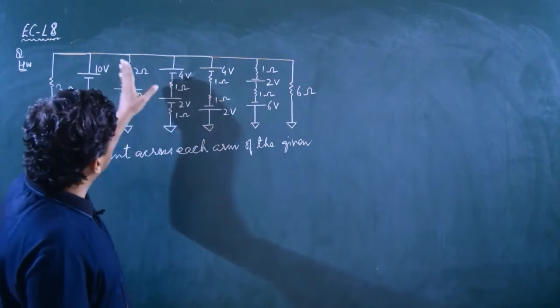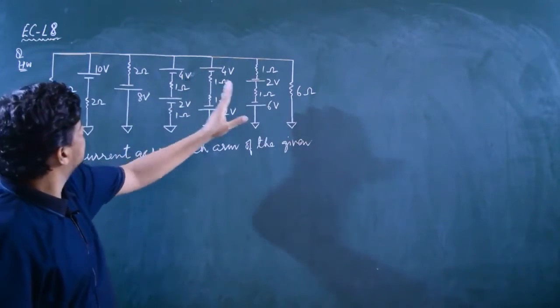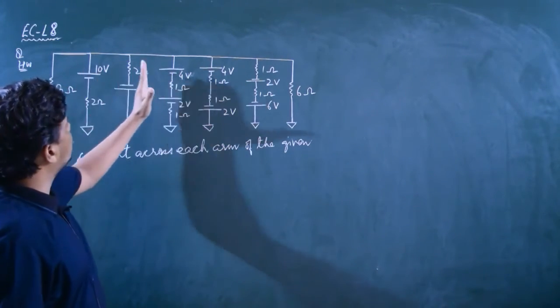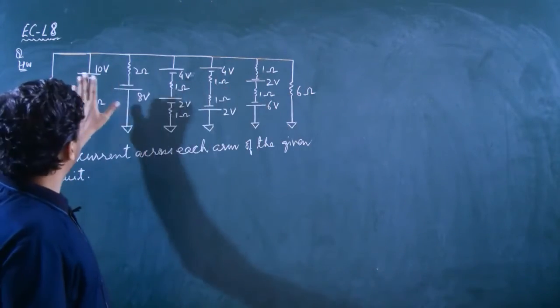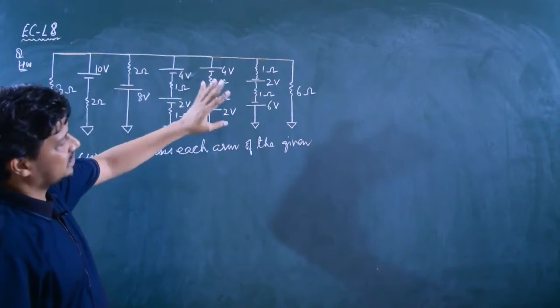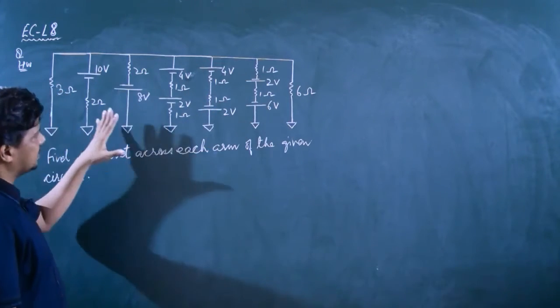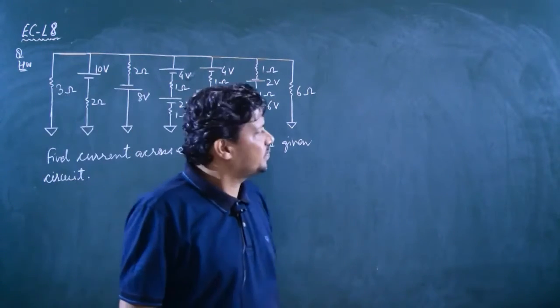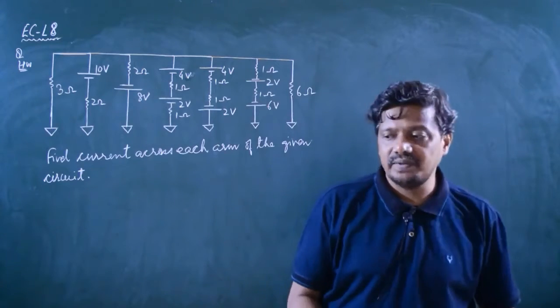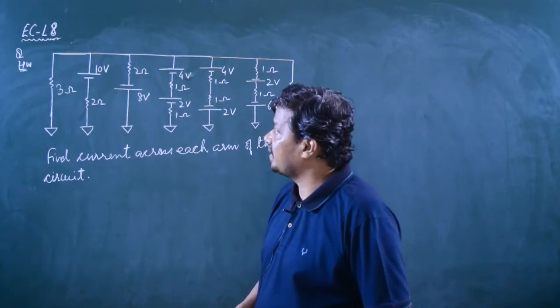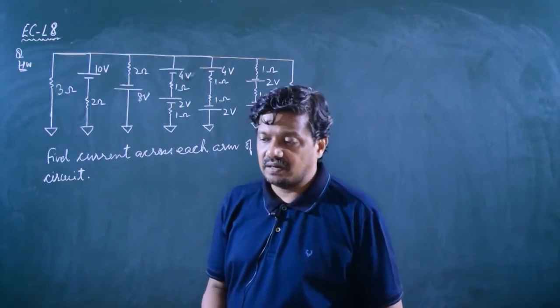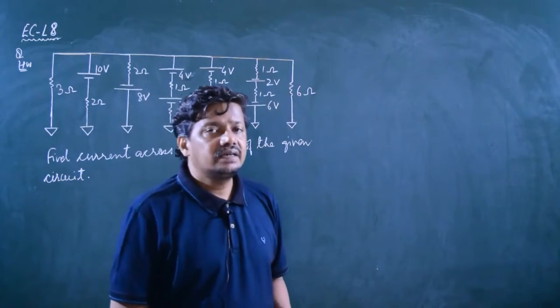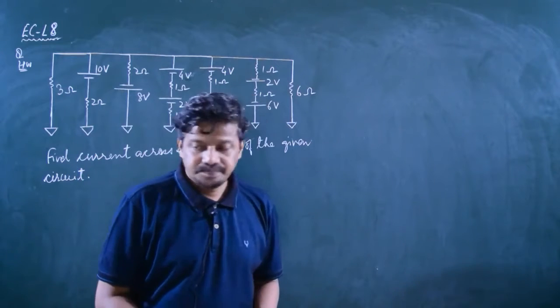Now the arrangement is what? The arrangement of cells: from this part, 1, 2, 3, 4, 5. These are 5 cell arrangements which are in parallel, and 2 resistors in parallel with them. So you can easily solve this question. Use the concepts which we have discussed earlier for arrangement of cells. Okay, now we come to the equivalent resistance.